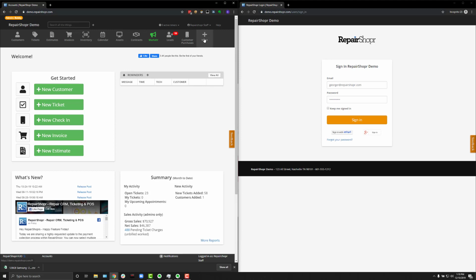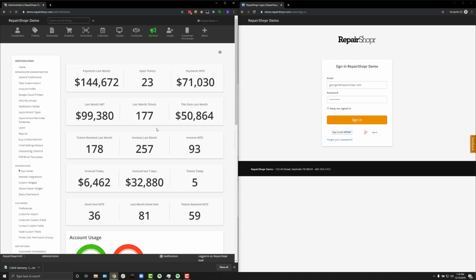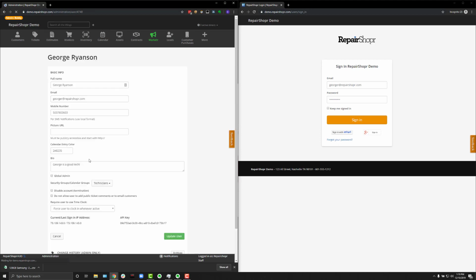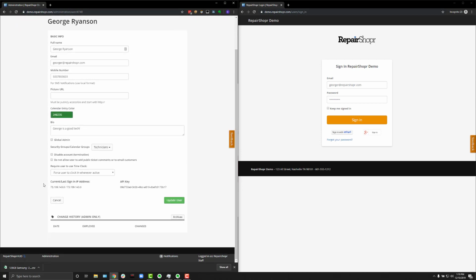What's really neat about this is that we tried to think about folks that maybe had some salaried employees or employees that didn't necessarily adhere to a time clock, but then you may have also had a mixture of hourly employees too. So we didn't want to make an umbrella setting that affected everyone. So what you need to do is go to admin, then go to users, and then on the user page, for anyone that you want to require the time clock for, just click on details, and then there's a new setting in here called require user to use time clock, and the default value will be an empty dropdown, but